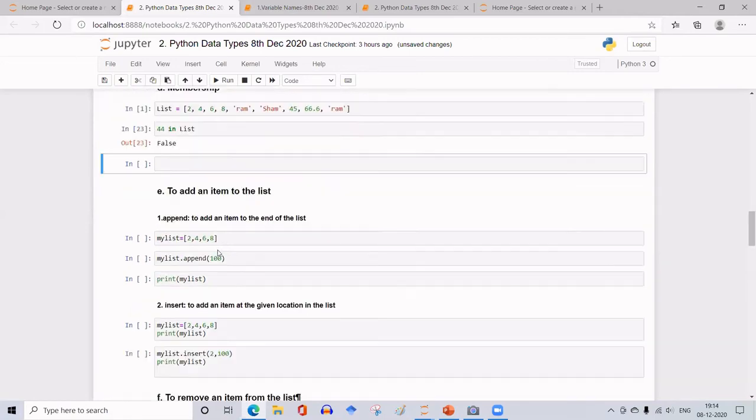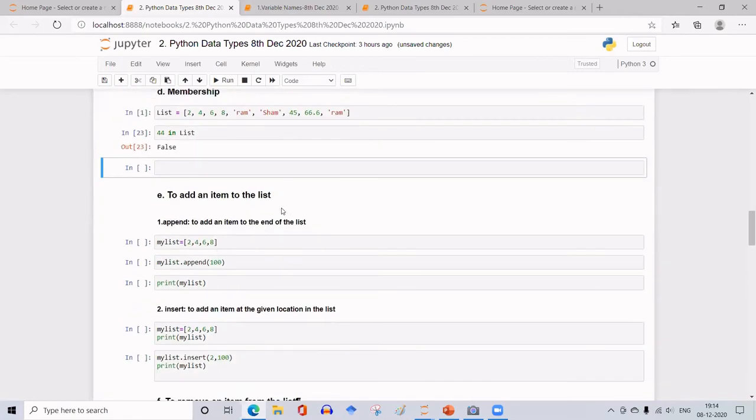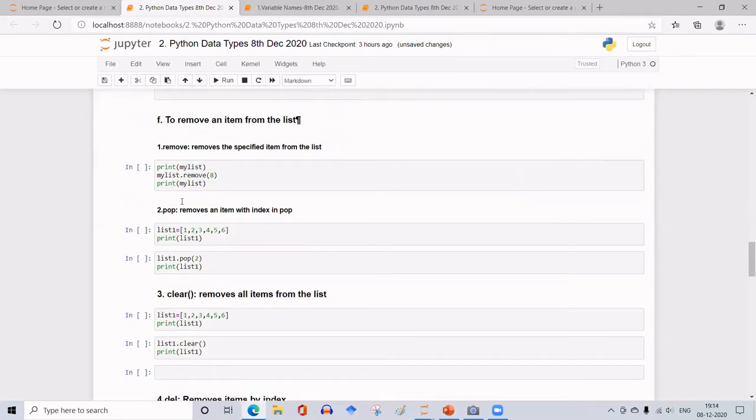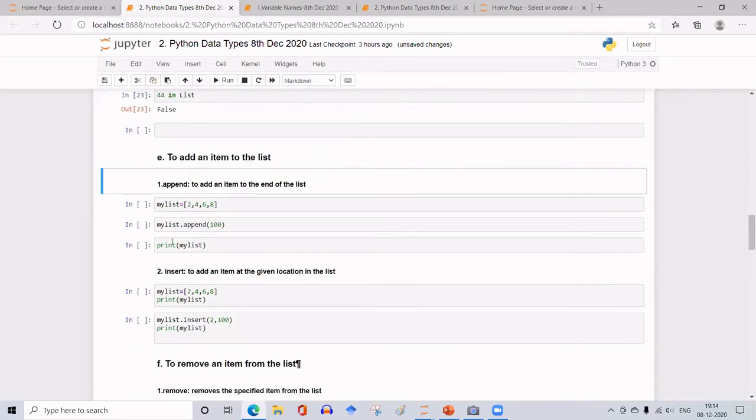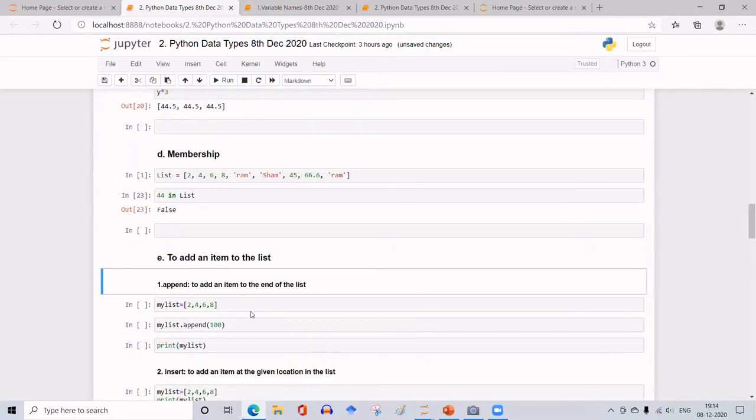Then let us see how we can add an item to the list. One way of doing it is by using append. This append will add the item to the end of the list. Okay.